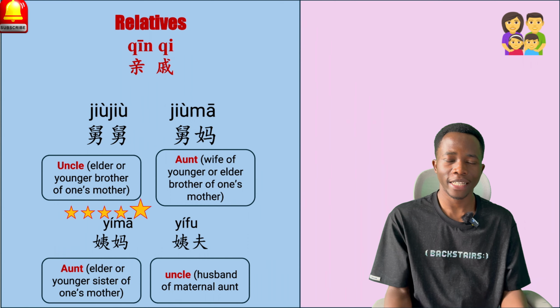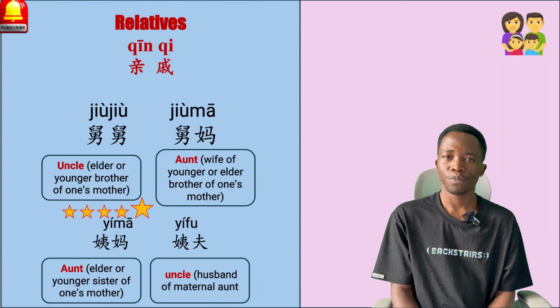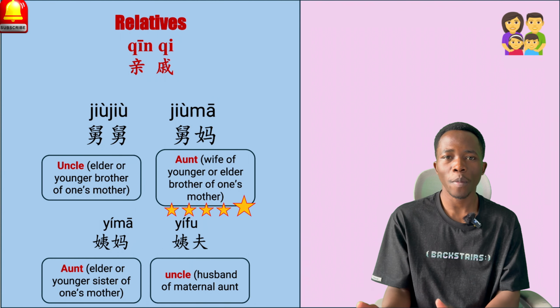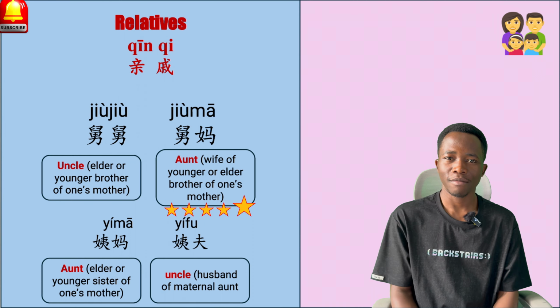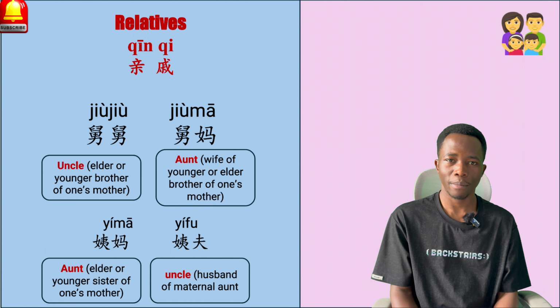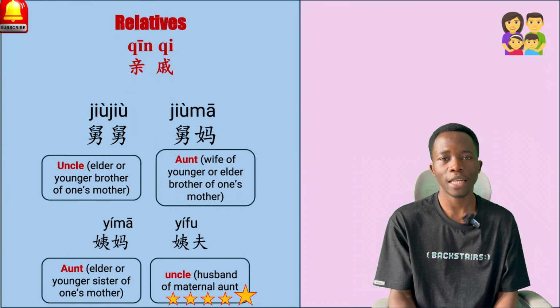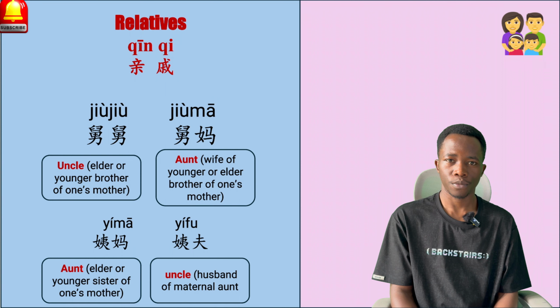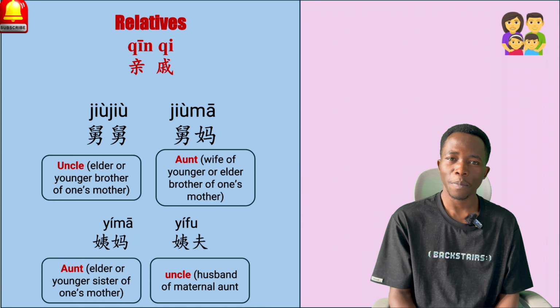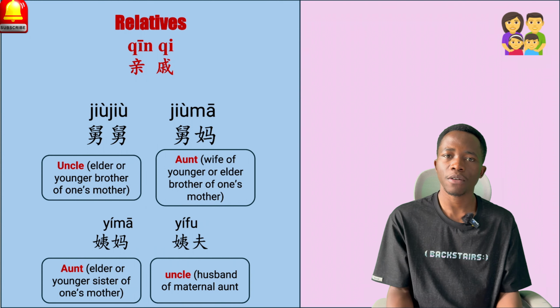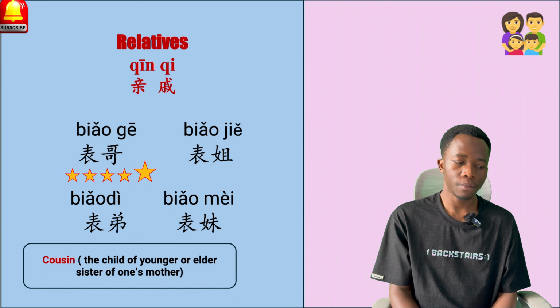Uncle, younger or elder, is 舅舅, and his wife is 舅妈. For aunt on mother's side is 姨妈, and husband 姨父. 舅舅, 舅妈, 姨妈, 姨父. So their children, the children of younger or elder sister of one's mother, are 表哥,